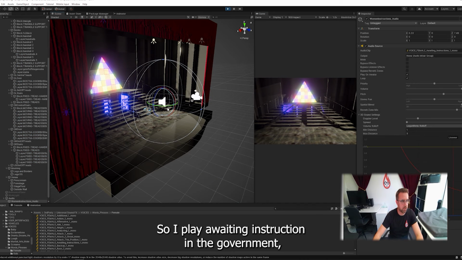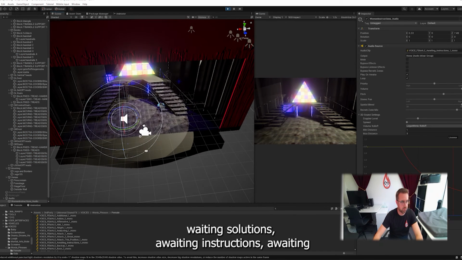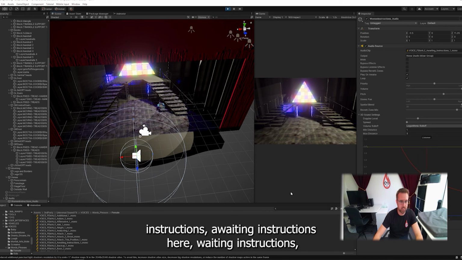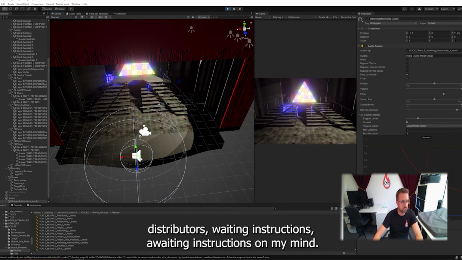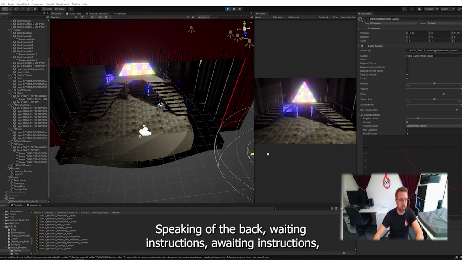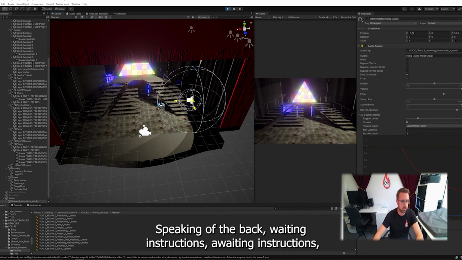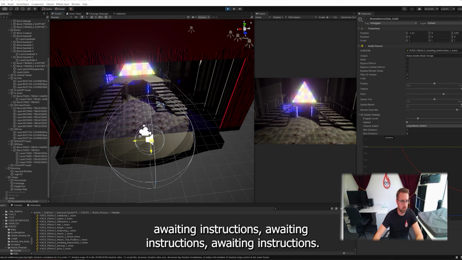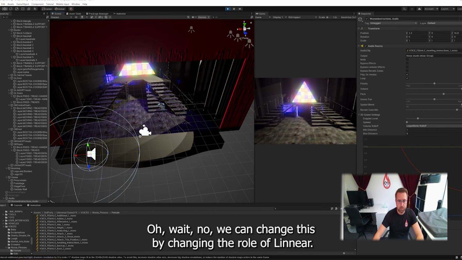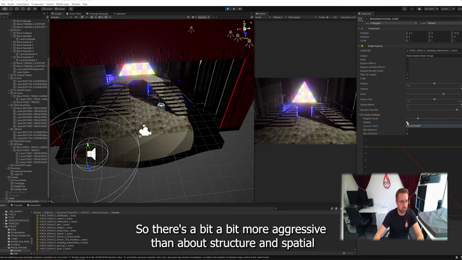I'm going to grab my audio source. Now I'm going to move it, and you can see here how it's distributing the sound. Now I'm hearing it come out of my speakers at the back. It's louder. Now we can change this by changing the roll off to linear. So it's a bit more aggressive then about